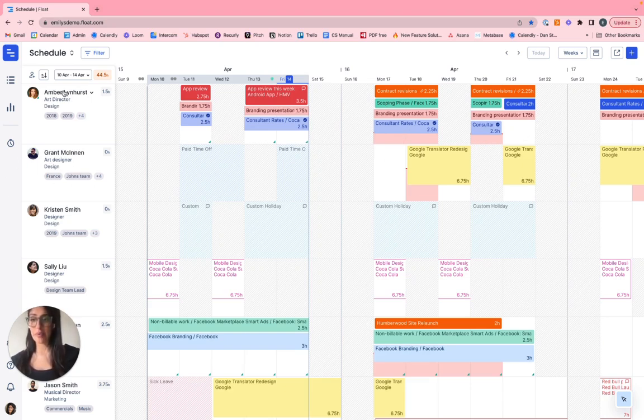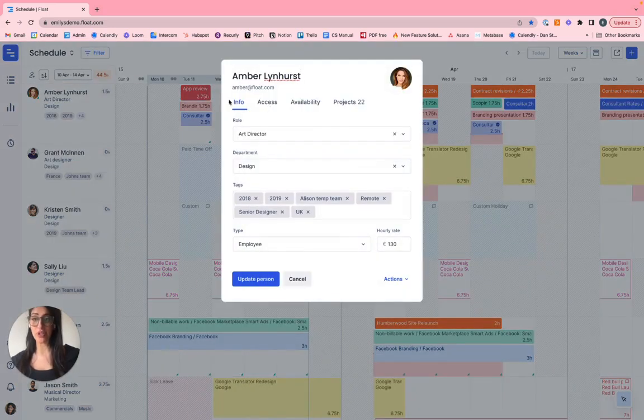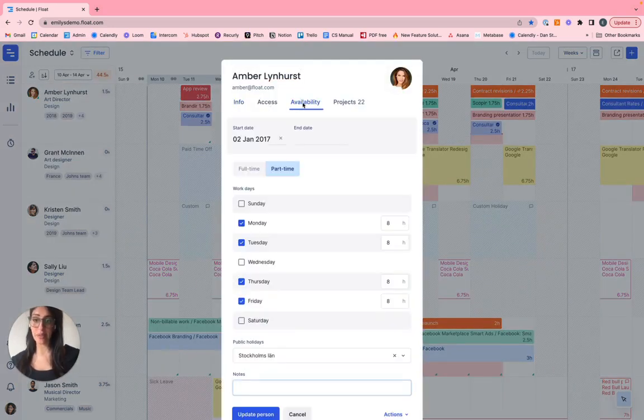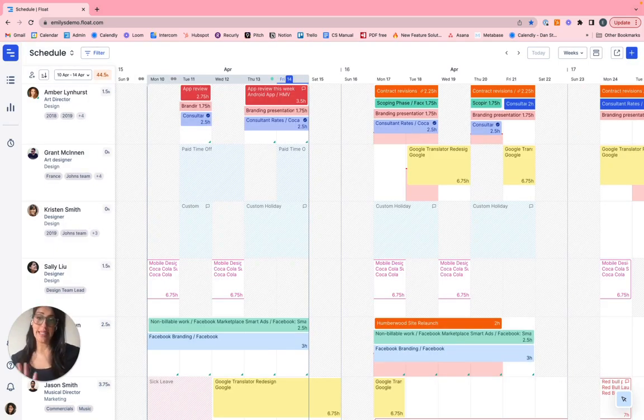If I take a more intimate look at Amber's profile by jumping into her name, clicking availability, I can see more intimate details as to exactly how many hours Amber works per week. This is how we determine Amber's full capacity, so 8, 32 hours a week with the exclusion of Wednesdays. Now, instead of memorizing everyone's core capacity by week, we help summarize these for you directly in the tool. Anything that is scheduled against an individual, such as these 3 respective tasks or types of time off, will take